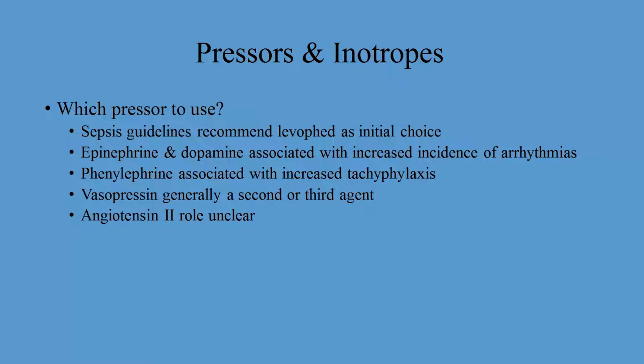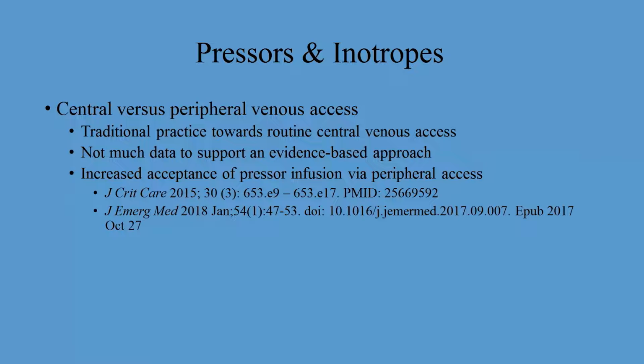I figure if angiotensin II increases intracellular calcium, I can achieve the same thing a lot cheaper by just giving calcium IV. Again, no data on that. That's just my personal preference. All right, now if we're using pressors or inotropes, do we feel obligated to place a central line at this